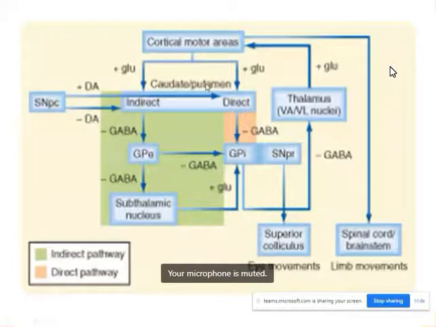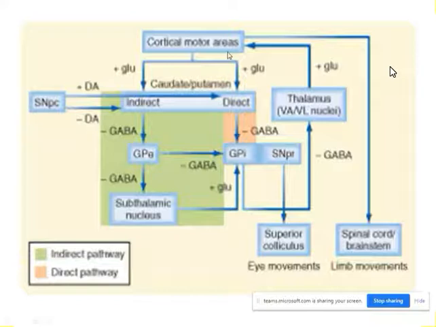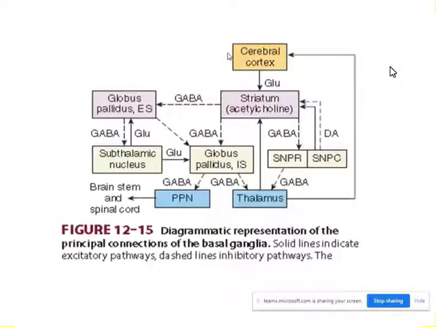Now let us discuss this pathway also. Look here, I want to show this because acetylcholine is shown over here. Within the striatum, acetylcholine is being produced, okay? When I discuss Parkinson's disease, it has slightly more importance, so I want to mention this acetylcholine also. It is produced within the striatum.